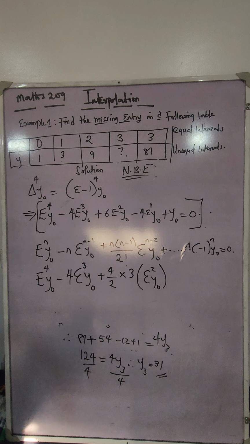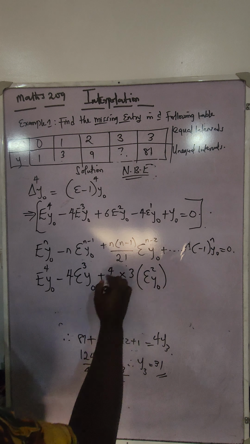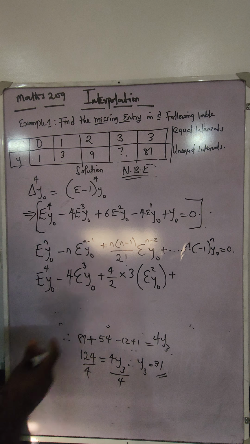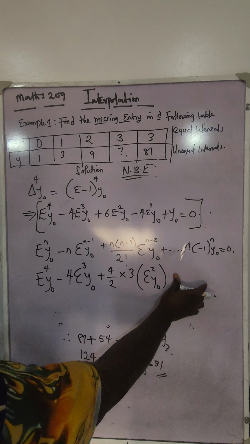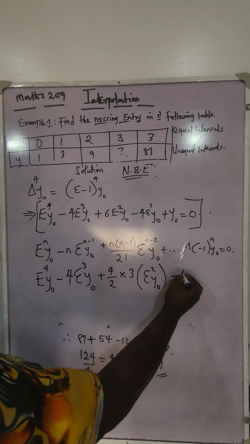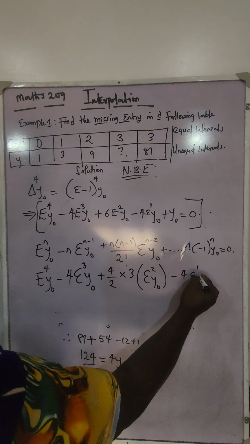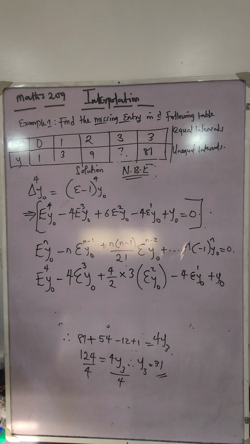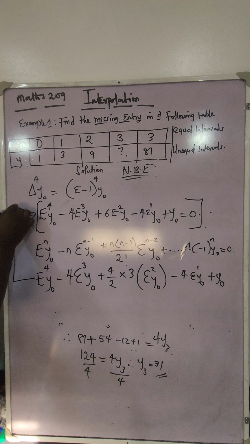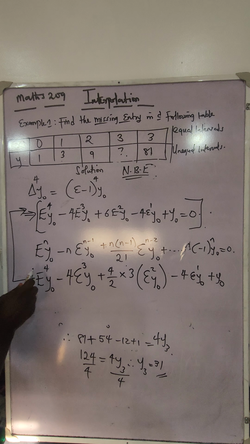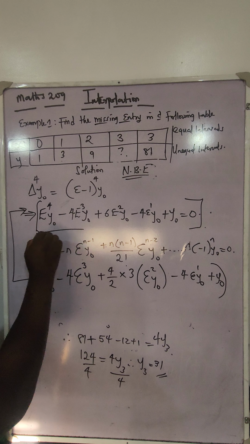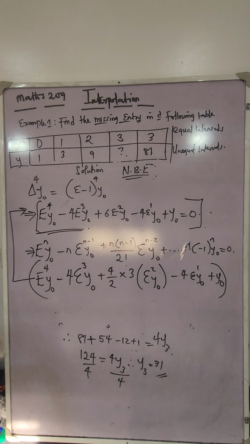So now that we are here, we need another term. What will be the next term? We are saying plus minus, so it should be minus here. Minus 4E to the power of y naught. If you follow that trend from the formula, plus y naught. So this expression here was how, following the formula, I derived this. Alright, so now it is time for us